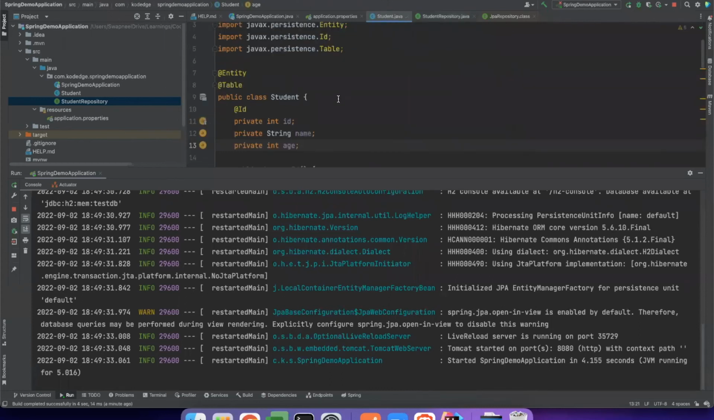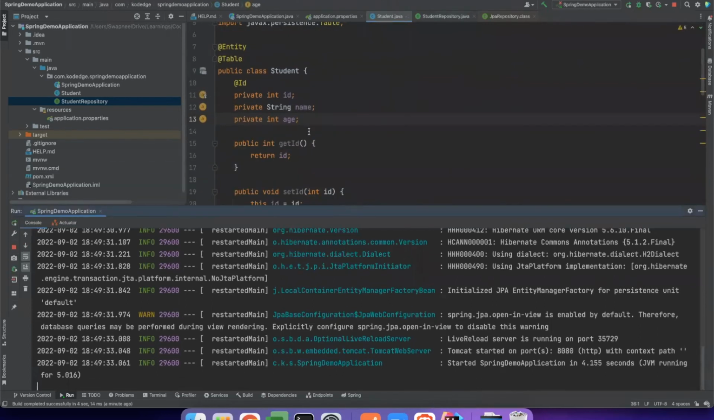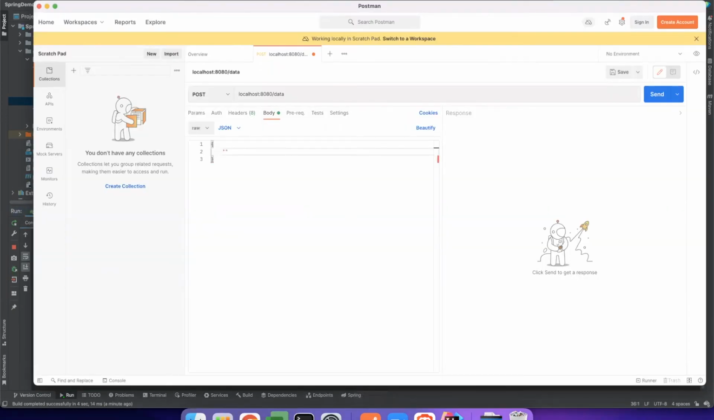So what is the JSON data we will require? Let's go into the student object. We require ID, name, and age. So ID will be 1001. Give it a name. Let's give the name as Swapnil, comma, and last is age for the student. Let's give it as 24, right? Now what we will do, we will send this POST request to the application,